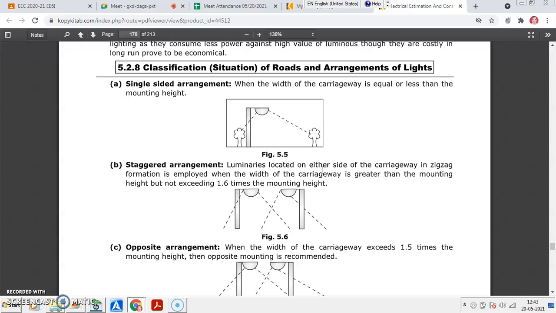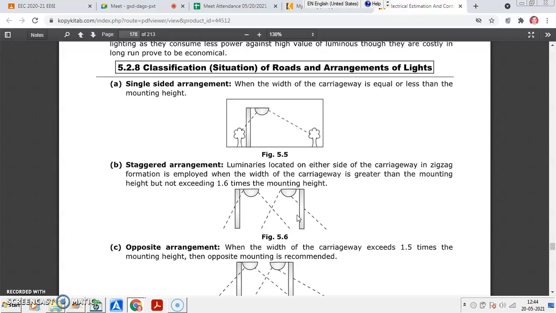Normally lamp post is 9 feet, 11 feet like this. So normally we use 9 feet. So if the road width is more than the lamp post height, then you can have the arrangement like this, staggered arrangement. There is again a limit on this. Zigzag formation means you are having one lamp post over here, after 30 meters another post on the opposite side at 30 meters. Then you may have the third on this side, fourth on the other side. Okay, so are you able to understand what I am saying?